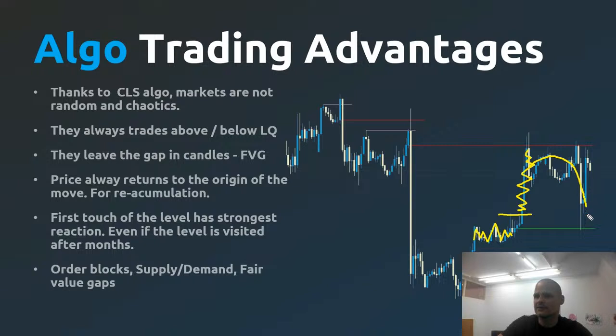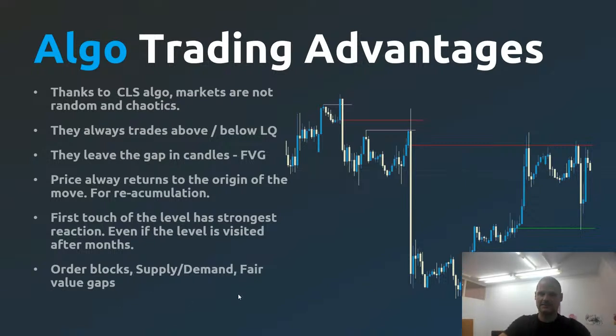And then when the price returns into the origin of the move, where we had this strong departure with these gaps, there are more orders filled and price moves higher, right? So the first touch of these levels is the strongest one, and it's actually possible to trade it even without knowing a bias, right? What is only important is to know where the potential next liquidity targets are, and where these levels are where the market makers were trading. You can be sure that they will be trading there again, even if these levels are months old,